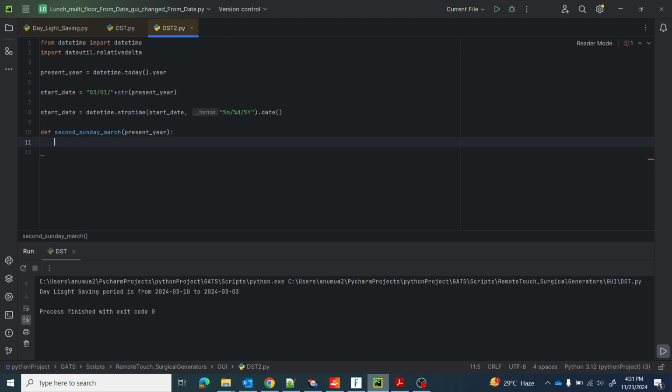Then it will return me the second Sunday. So how to write the logic? So start date is, we have 1st March, right? Okay. So this is my start date. Then end date equal to, right? So here I got the start date. So let me put inside the function that start date in the date format. Okay. So start date I got, end date equal to